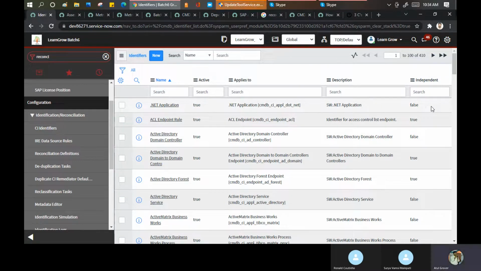This thing you have to do manually, and being a consultant, you have to do this reconciliation or the CMDB audit at least once a year. It is not that it will happen in a single day, no. You have to break the things into parts. First of all, you have to do the audits on the table level, where you go for completeness and correctness. Second level, you go for the reconciliation part, or you can go the opposite way. First do the reconciliation and then go for the completeness and correctness. It happens in phases.